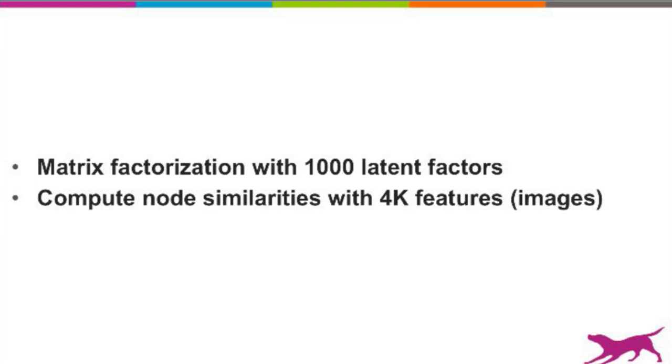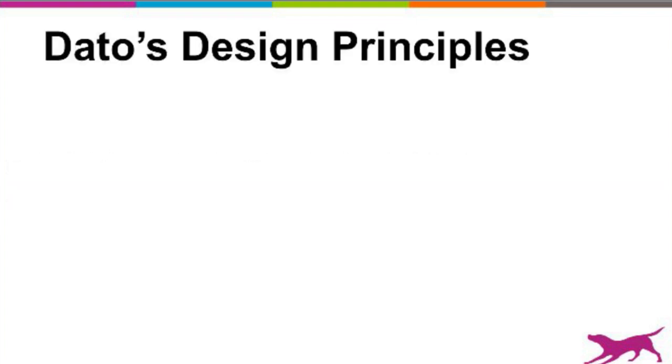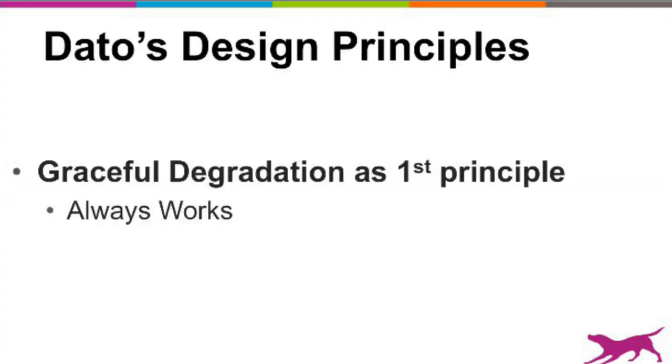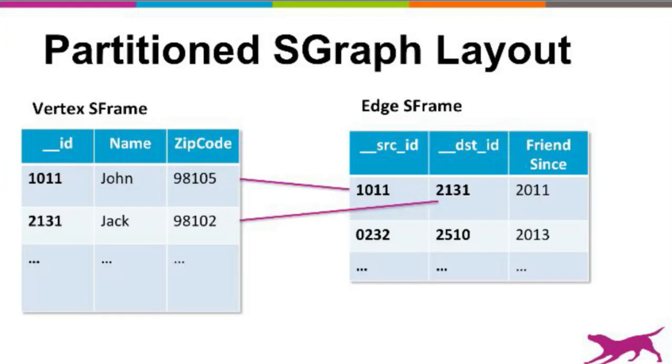And each image can come with thousands of features as well. So this is only feasible if we assume all vertices can be loaded in memory. And at Dato, our first design principle is graceful degradation to make sure things always work, even if it doesn't fit in memory. So the solution is simply to partition the SGraph layout from one table to multiple tables using